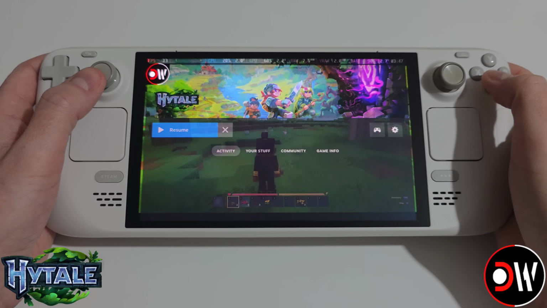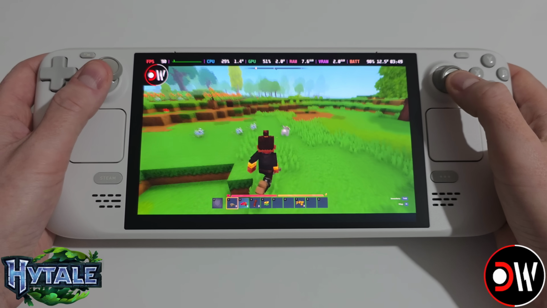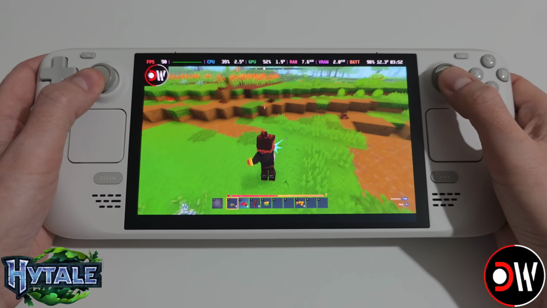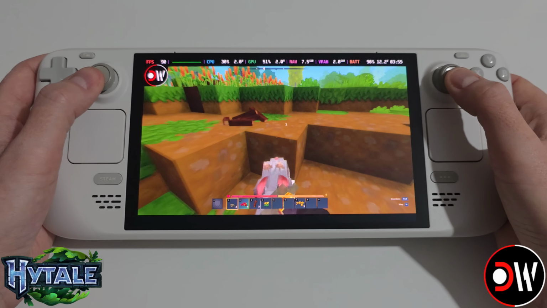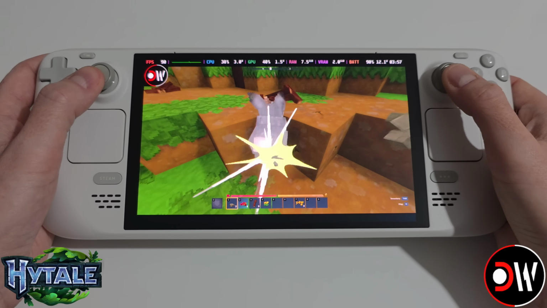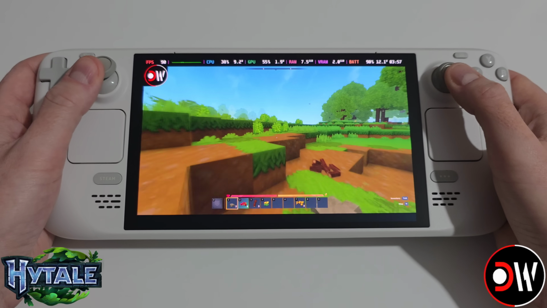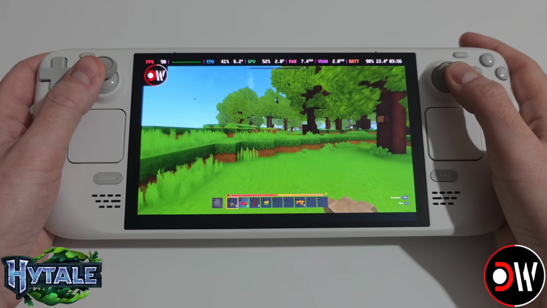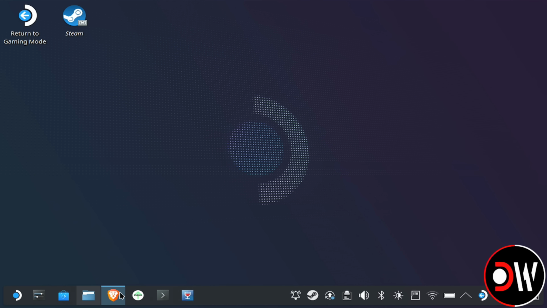In this video, we're going to be installing Hytale on SteamOS with the Steam Deck via the native Linux version, so we can assign cover art, configure settings for graphics and controls, and enjoy Hytale in gaming mode on any device running SteamOS. The first thing we need to do is go to desktop mode and open our web browser